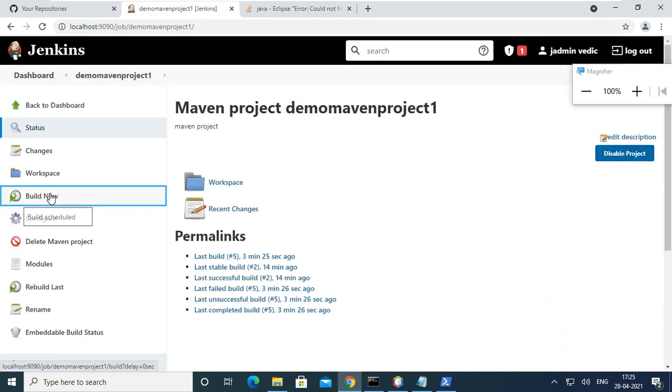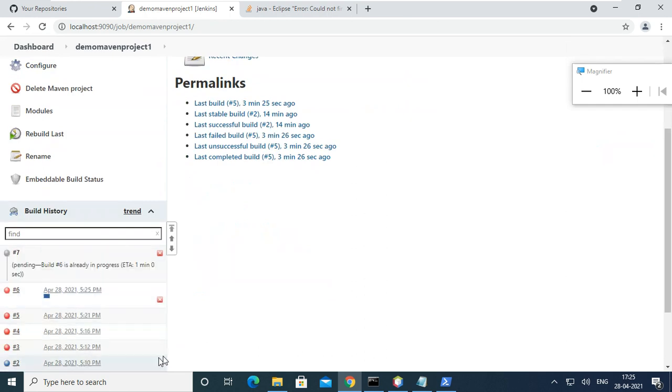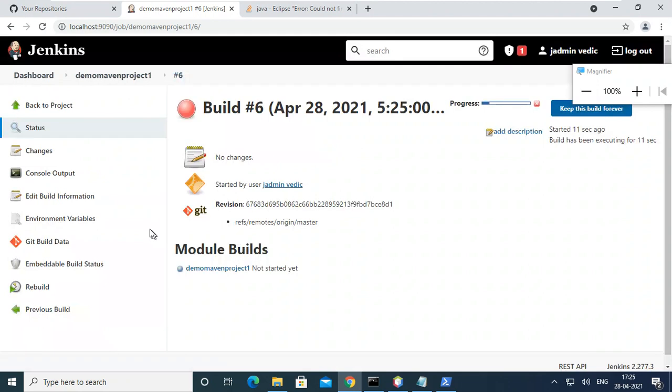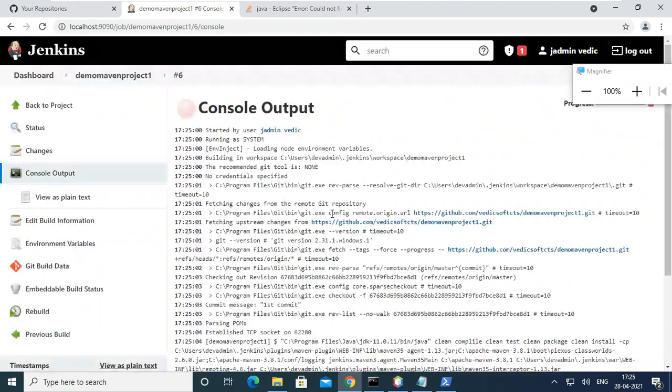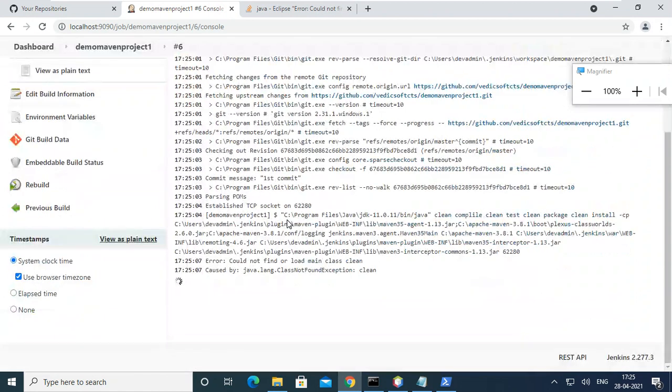Last one. But I did it two times. Same error again and again. I don't know why it is showing like that.